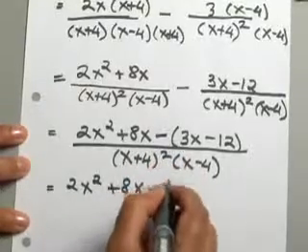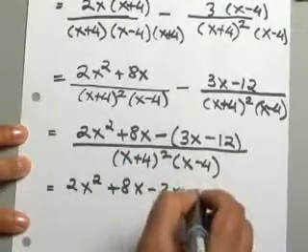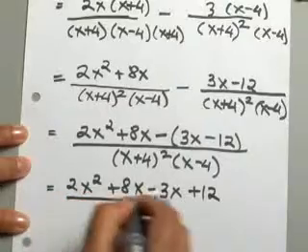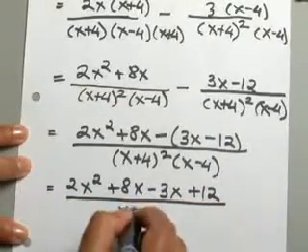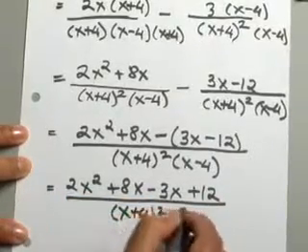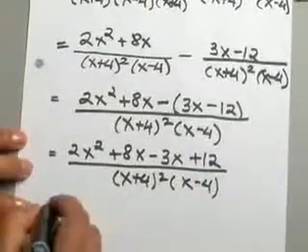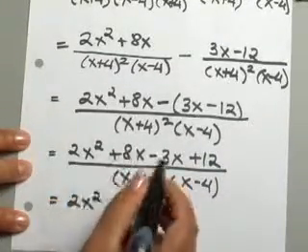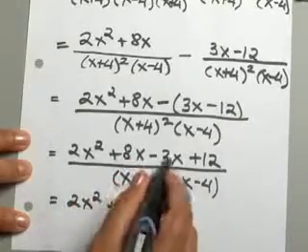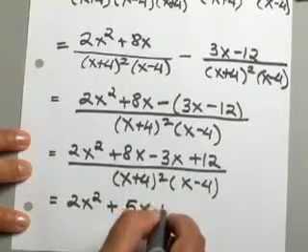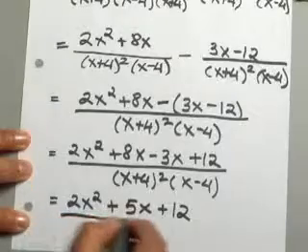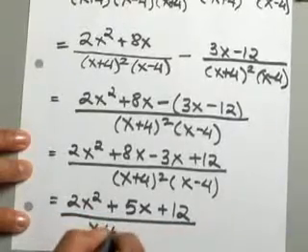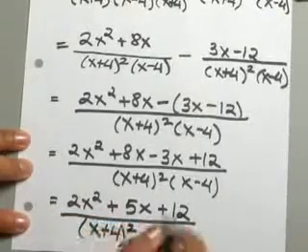You will distribute that negative sign, and you will combine your like terms, and after combining your like terms, you will end up with 2x squared plus 5x plus 12 on your numerator, x plus 4 quantity squared,